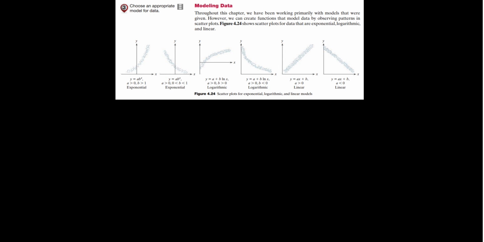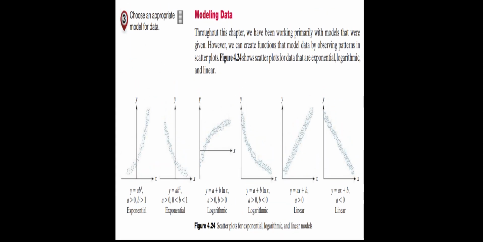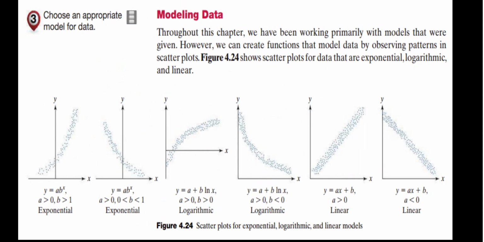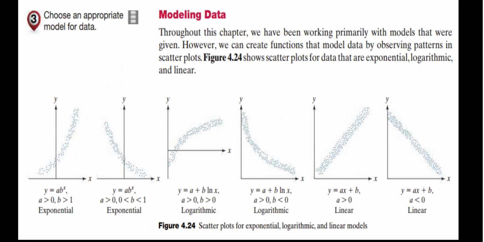But anyways, so modeling data. Throughout this chapter, we have been working primarily with models that were given. However, we can create functions that model data. So now we're going to create functions. Real quickly, if we were to see, and this is just data, they're tiny little dots. Let me make this a lot larger. Let's just cover this whole page. How about that? Now it's pretty easy to see that we have all these little dots. These little dots are data points, and according to the data points, you can kind of see